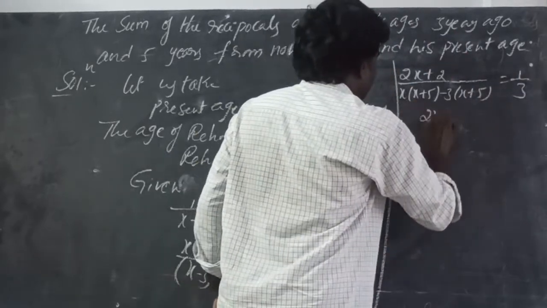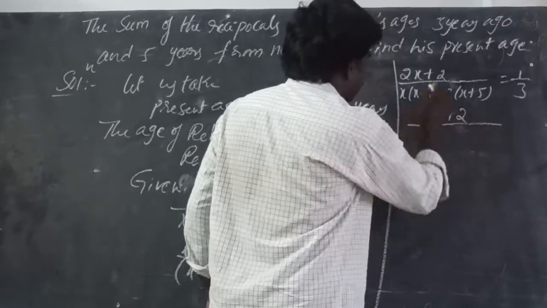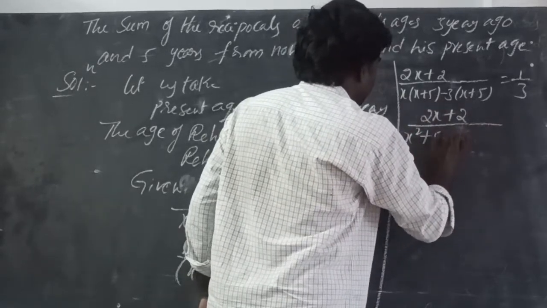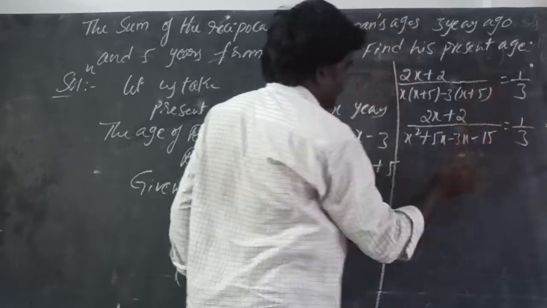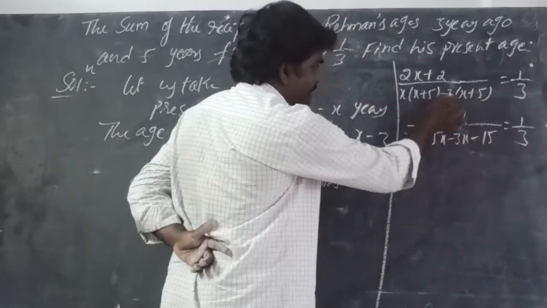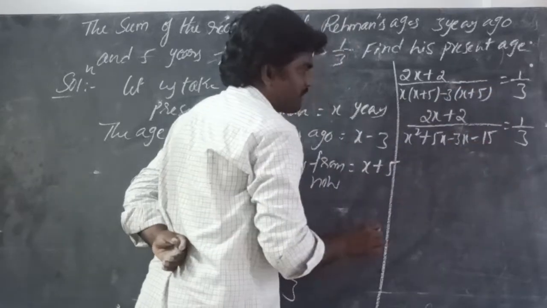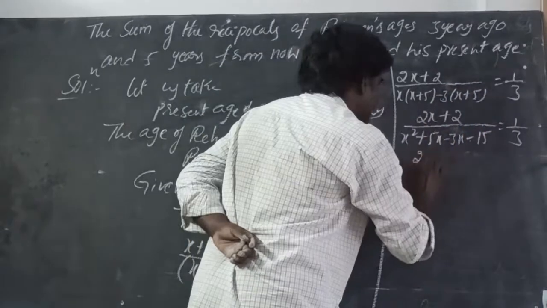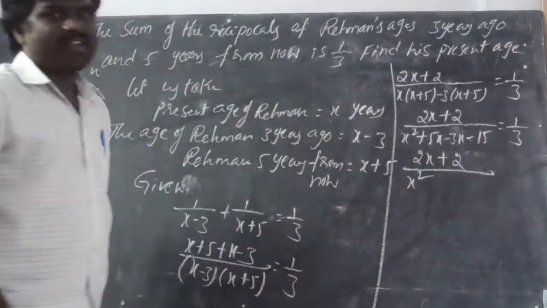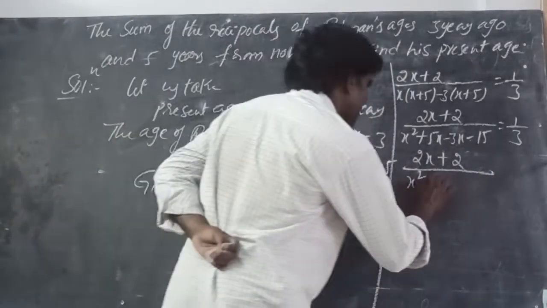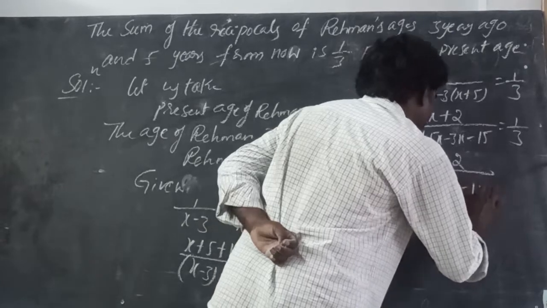Here 2x plus 2 by x square plus 5x minus 3x minus 15 is equal to 1 by 3. Minus 3 into x, minus 3x, minus 3 into plus 5, minus 15. Okay, here 2x plus 2 by x square plus 5x minus 3x is plus 2x, minus 15 is equal to 1